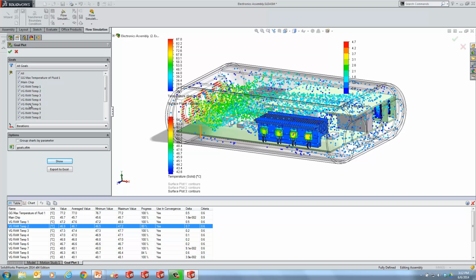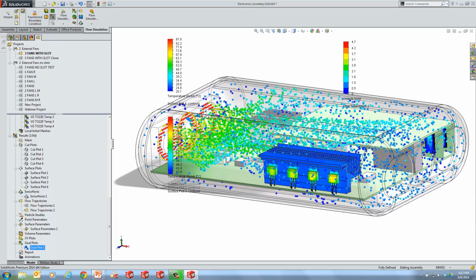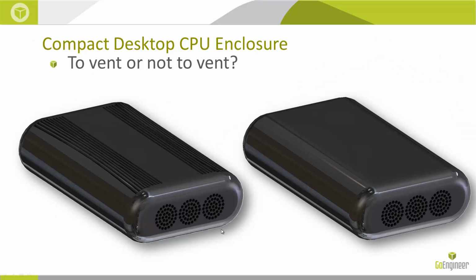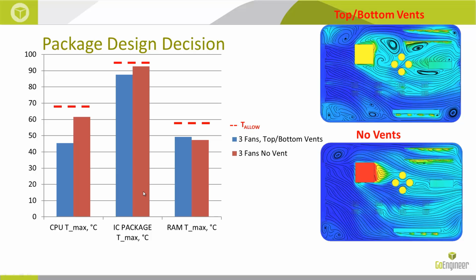Okay, so by using those goals and creating multiple studies, we can go through and calculate what options are the best. Three fans, do we want the slots on the top? Is one fan right by the processor going to be enough to keep it cool and minimize how much electricity it uses? If we switch to our PowerPoint, I have some of those already defined here. So we switch through. First of all, do we put the vent on top or not? If we look at the vent versus the no vent, the vents are blue, the no vent is red. We actually see,